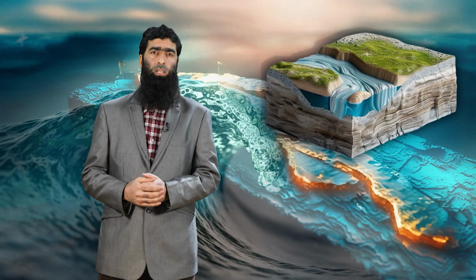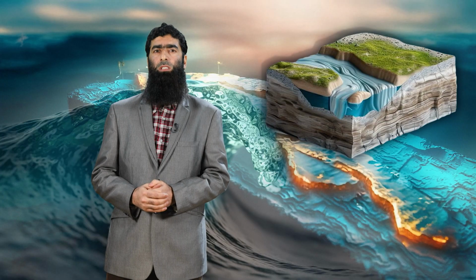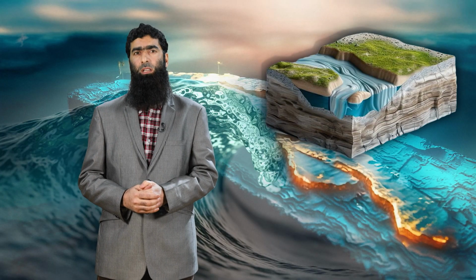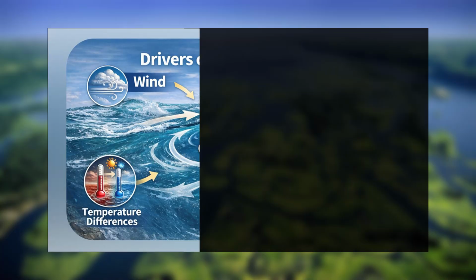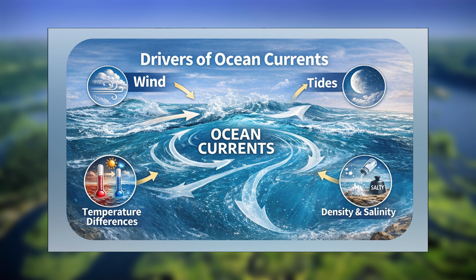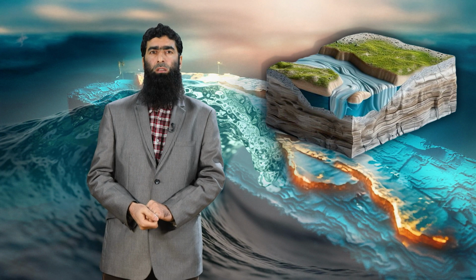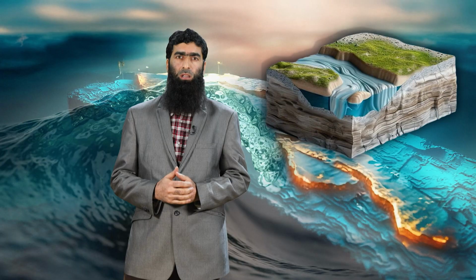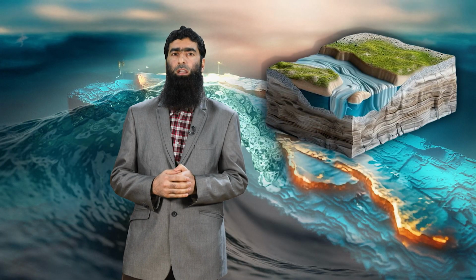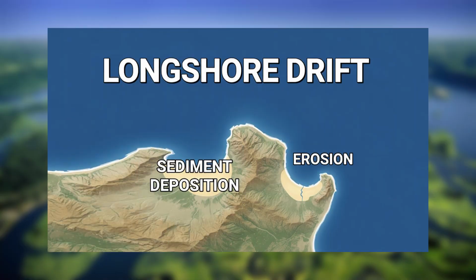In addition to tides, the horizontal movement of seawater in the form of currents plays a crucial role in coastal erosion and deposition. Currents are ocean waters in motion driven by wind, tides, density, and temperature differences. Coastal currents are influenced by the shape and configuration of the coasts. For example, bays and headlands and other features can deflect the currents, leading to the erosion or deposition of sediments